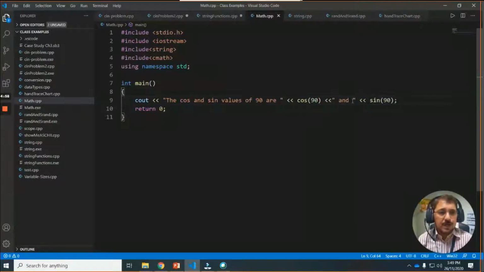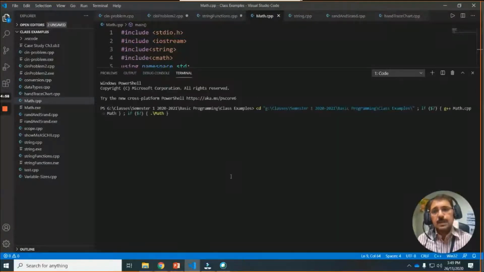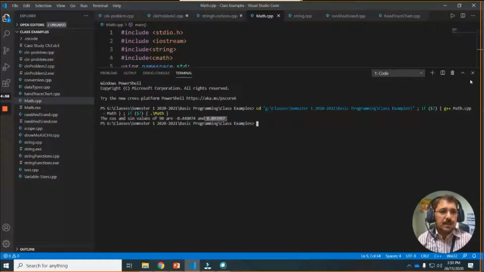There should be a space before and after and, then it will not be joined with each other. So now you can see the cos and sine value of 90 are this one, 0.4, so it's almost negative 0.5 and 0.89. So you can find like this.